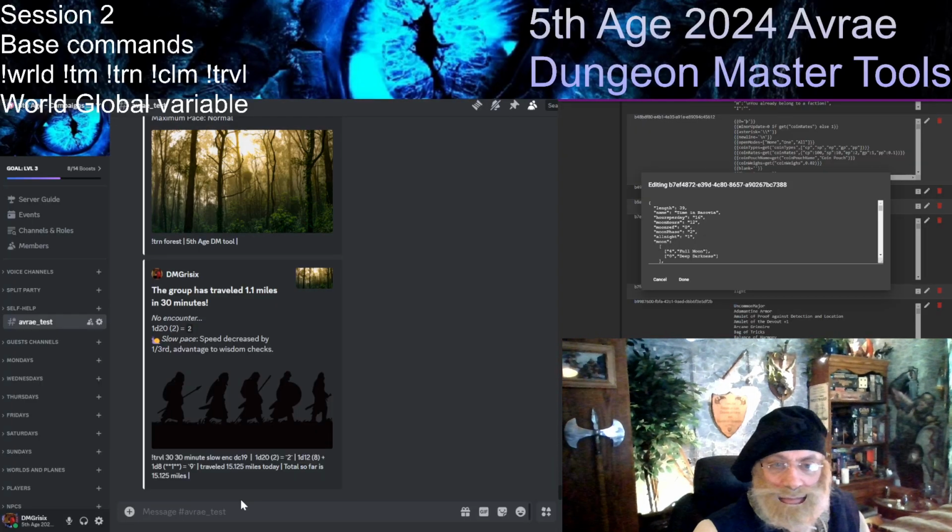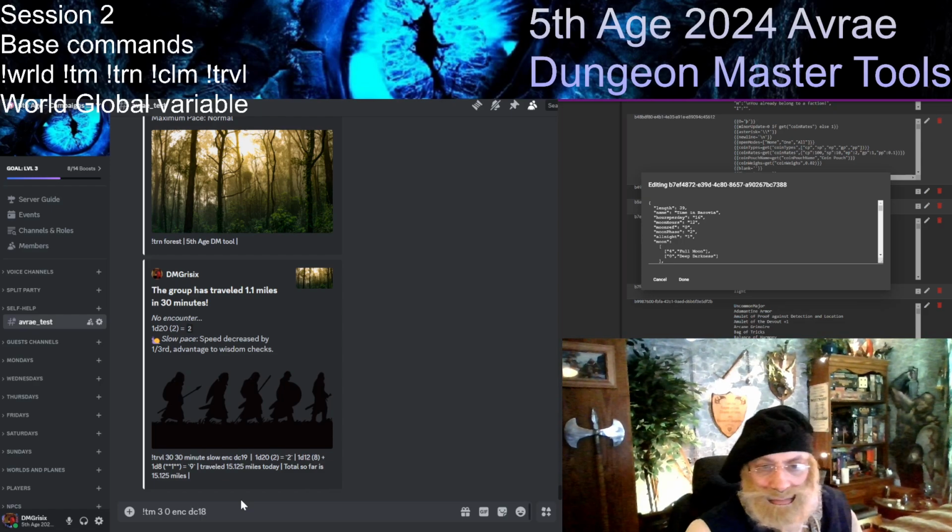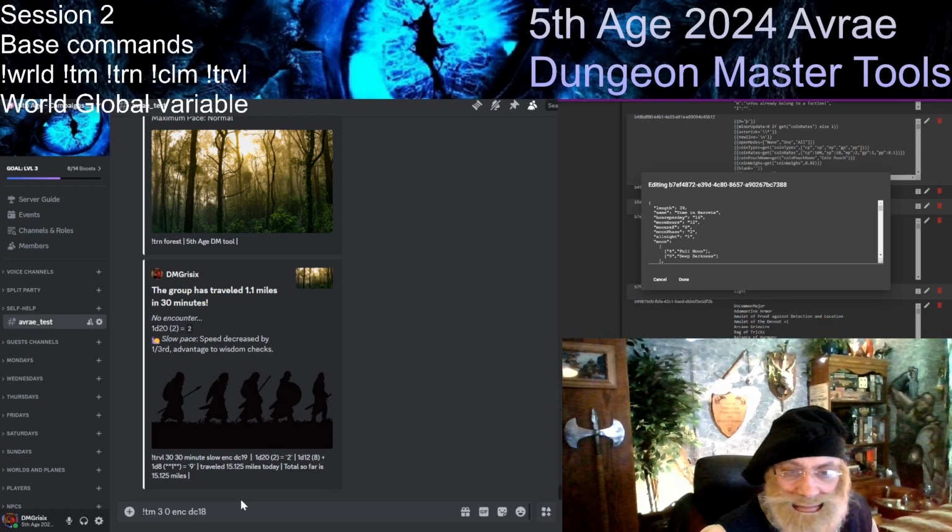So let's say at that point they decide to stay put for the next 3 hours, waiting for effectively the start of their long rest. They find a good spot, a little bit of shelter or something like that, and they are going to stay put. But the DM, obviously, is still going to make an encounter check, and at that time the DC may be a DC of 18. So let's do that over there.